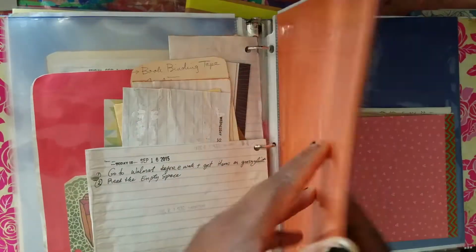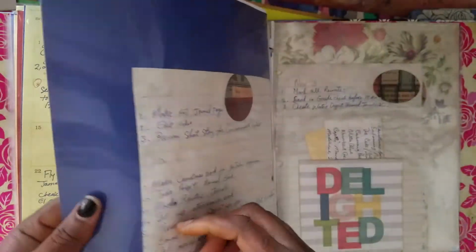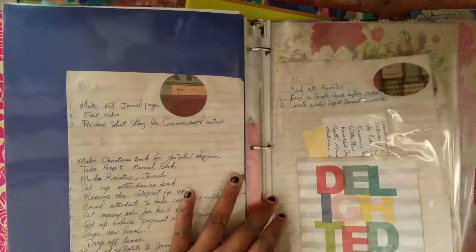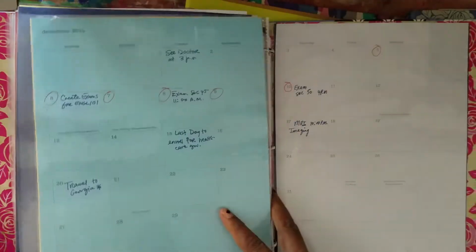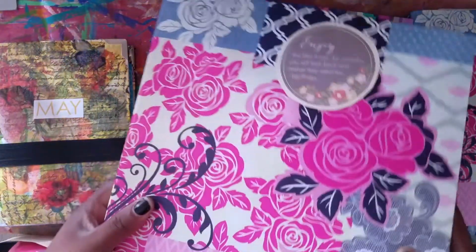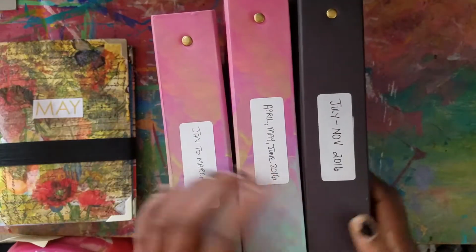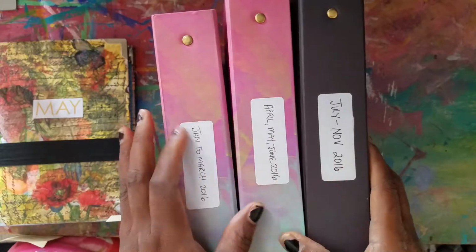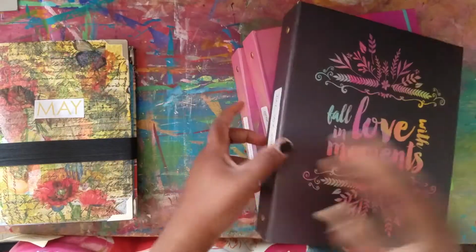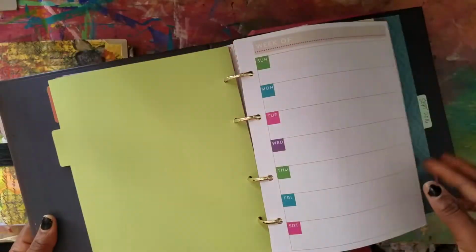I wouldn't put pictures in here or anything, other than maybe some embellishment, but I wouldn't put pictures of myself, and so this had to be contained in 2 folders. And then I started to use smaller folders, and that would be 3 months at a time. But I started it out as books, and then I went right back to the folder,